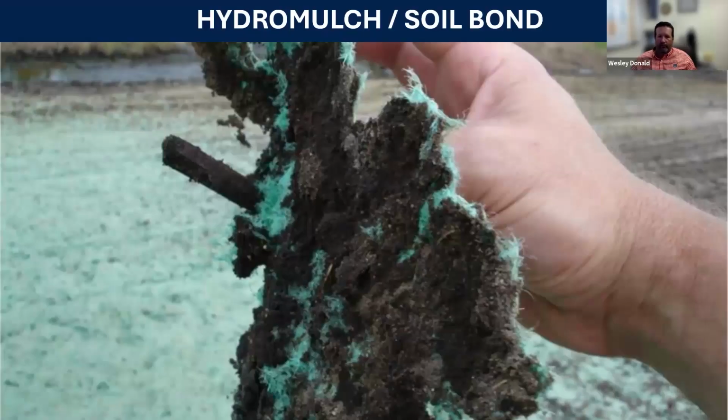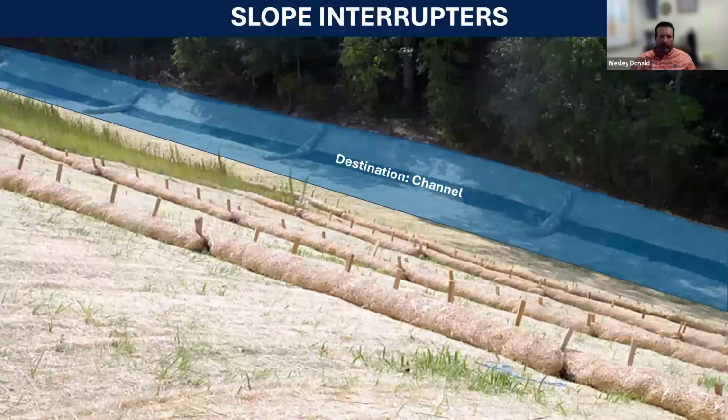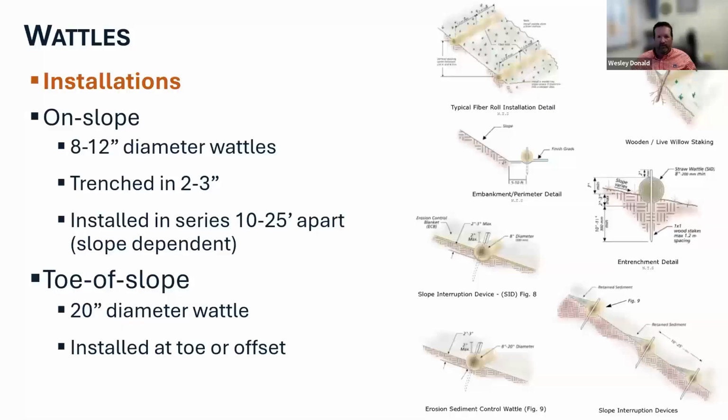But we have ways to predict that. We're typically talking about hurricanes and things like that. So ideally, we'll talk about mitigating your risks. There is a little more risk with hydromulch, but for the most part, the rewards are very high for minimizing erosion. Again, slope interrupters, our destination is our channel. Things we can do, again, decreasing that flow path. We have a very steep channel, put these slope interrupters in place, and that's going to reduce runoff velocity.